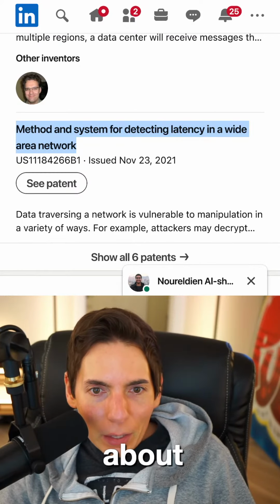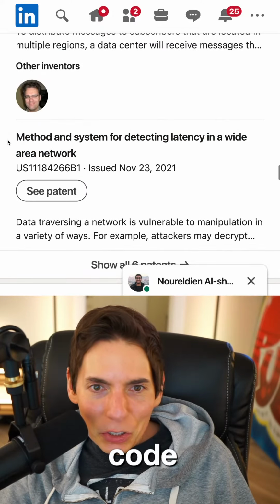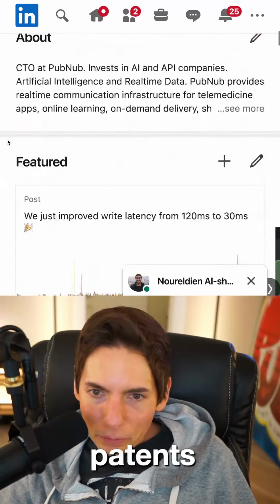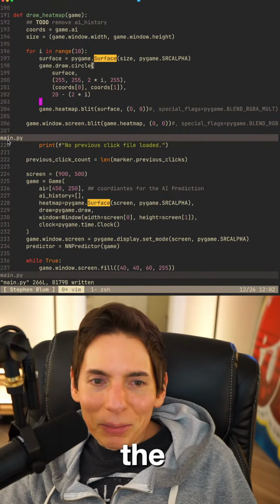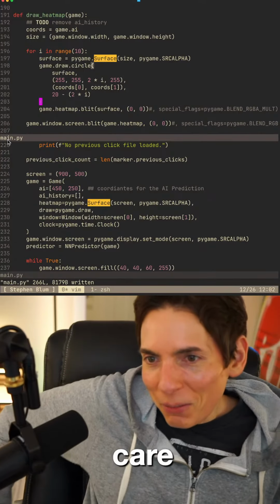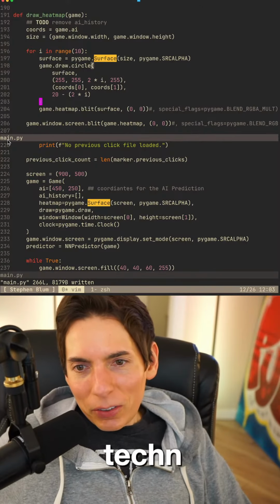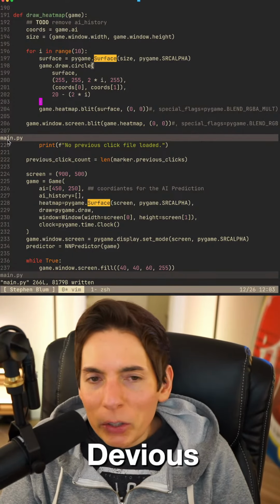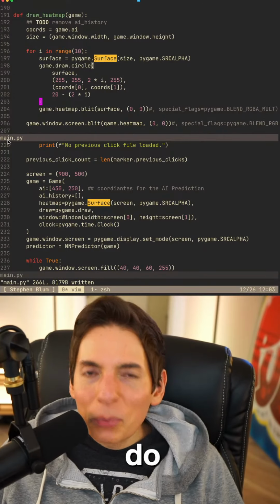I bet they want your code so bad. I do, they want the code. They sure do. So yeah, there's some favorite patents, you guys. Pinky and the Brain vibes. I know, right? We know we've got some advanced technology here that we're going to use for devious purposes. No, we're a good player, you guys. We do good things.